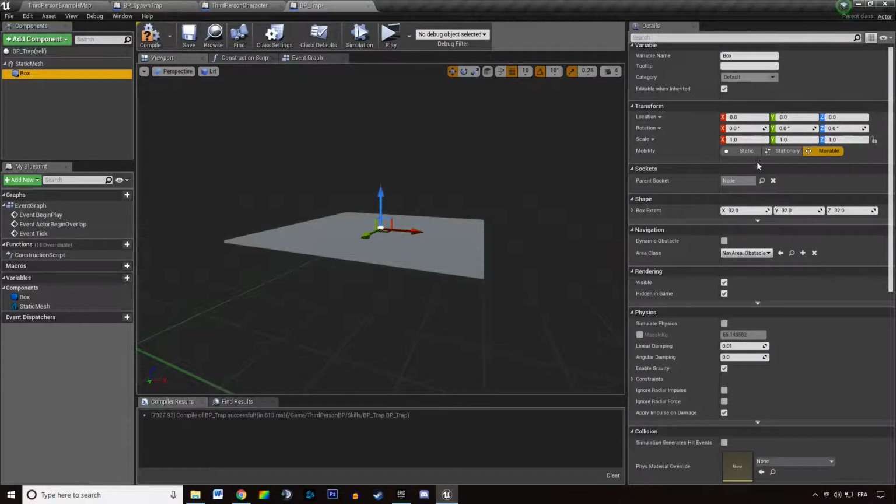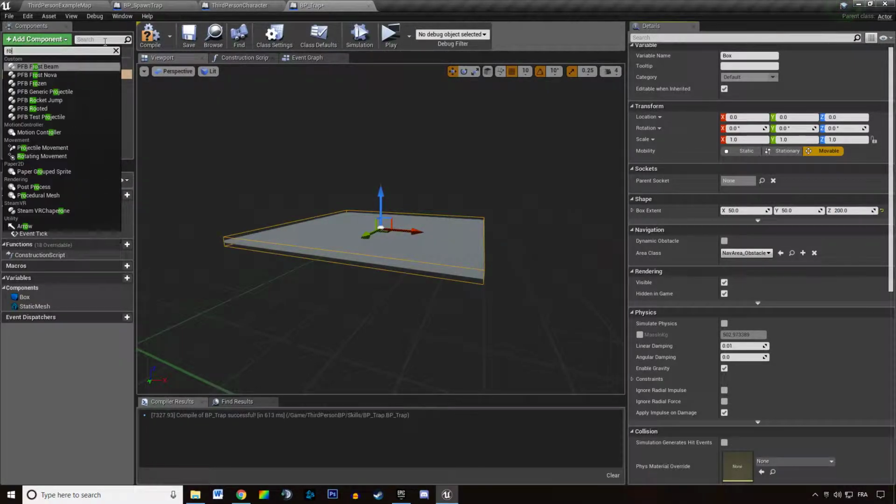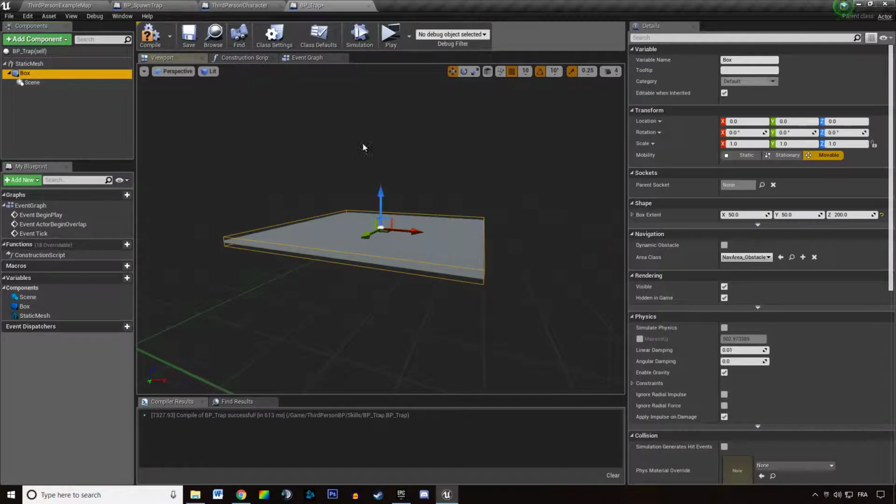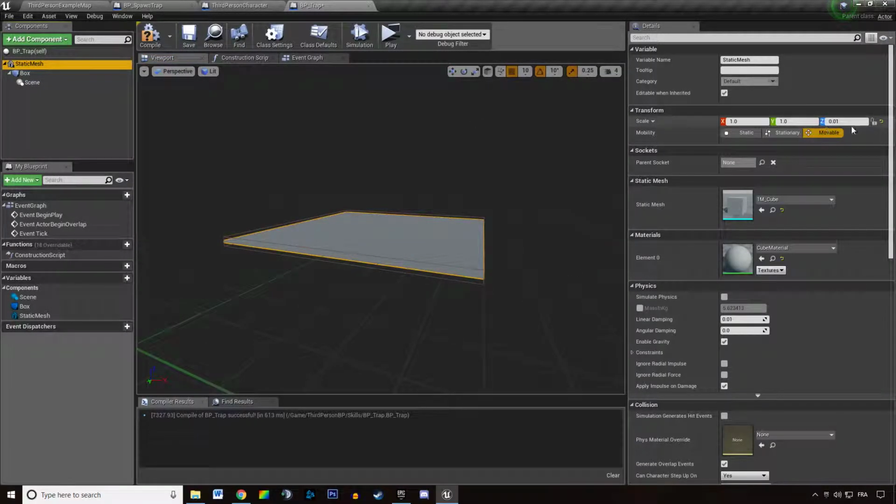But it's a child of static mesh, so it's being scaled. Our box is being scaled in Z depending on our static mesh Z scale, and we don't